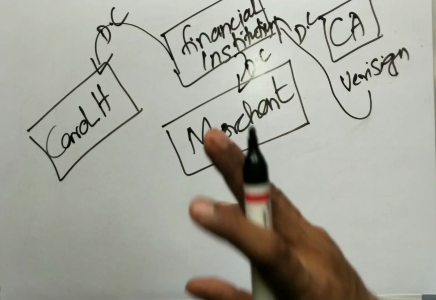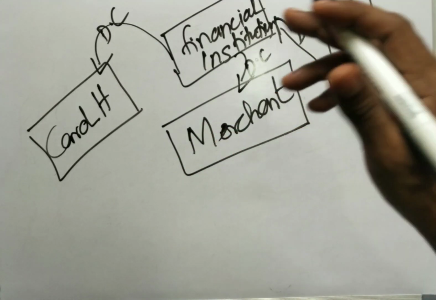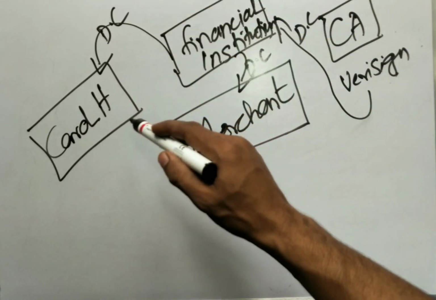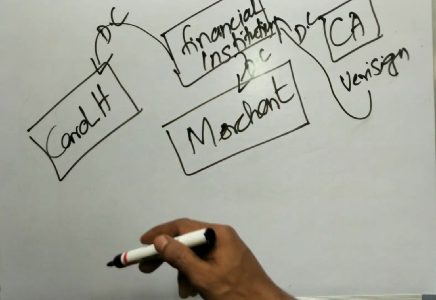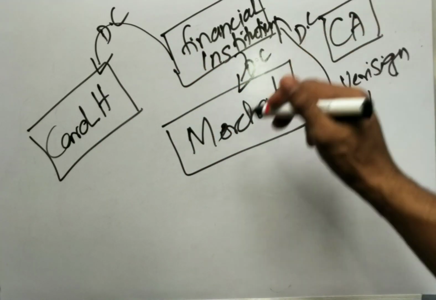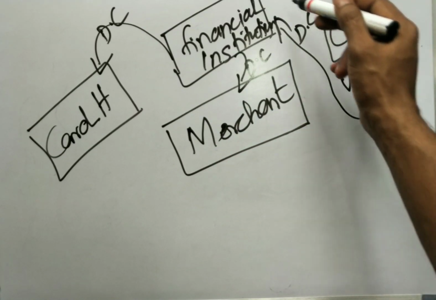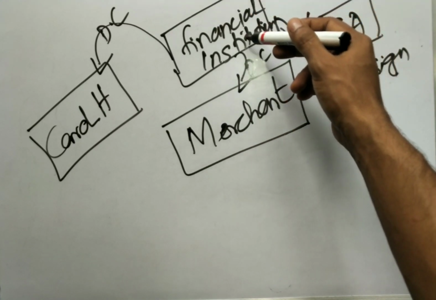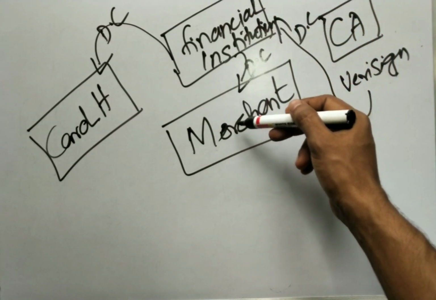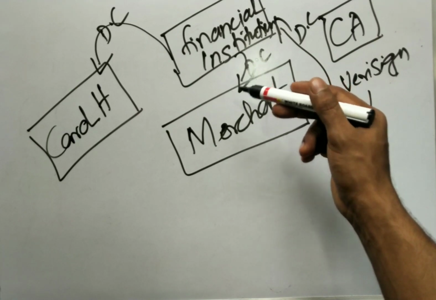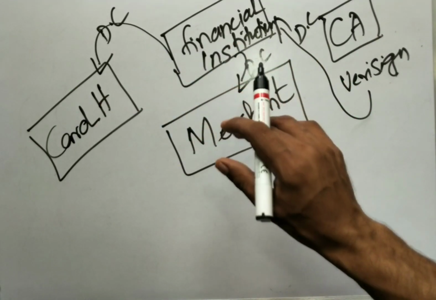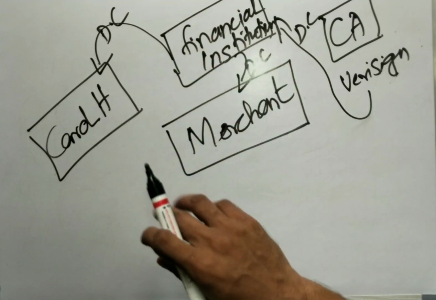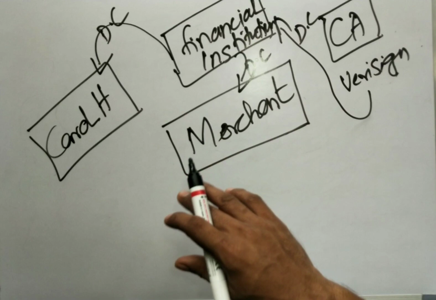So a third party provides a digital certificate to the card issuing financial institution, and the institution then provides a digital certificate to the card holder. And a similar process takes place for the merchant. The third party will provide a digital certificate to the financial institution, and that financial institution in turn will provide a digital certificate for the merchant. So this is the process of getting a digital certificate. All these role players should have a digital certificate